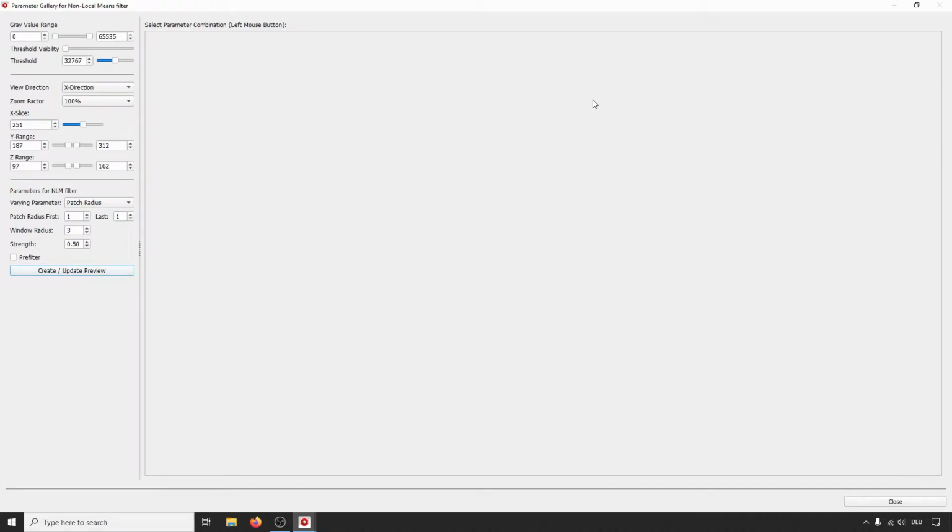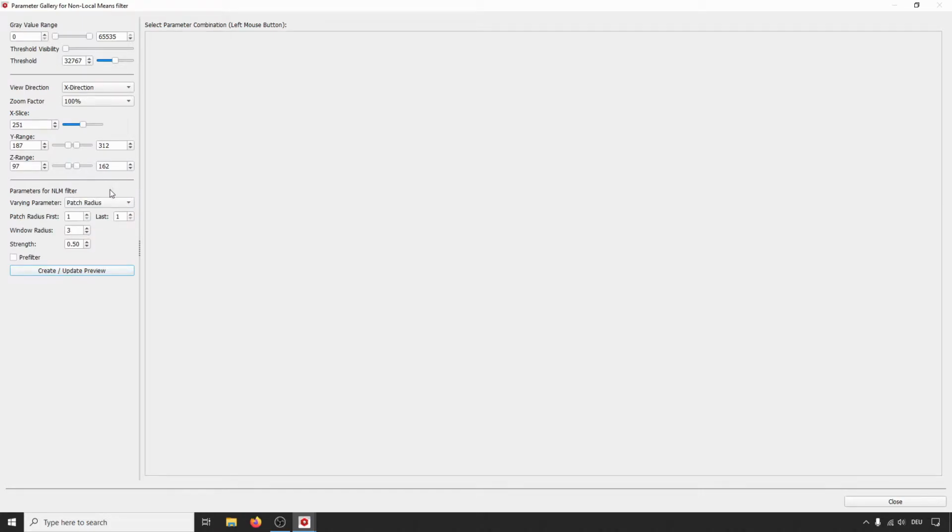Currently you don't see anything because we didn't create a preview yet. Then what you can select here is the gray value image of your data. We will do that later, and the size. And down here you can select the parameters for your filter that you want to vary. We will start with the patch radius. That's the first parameter here.